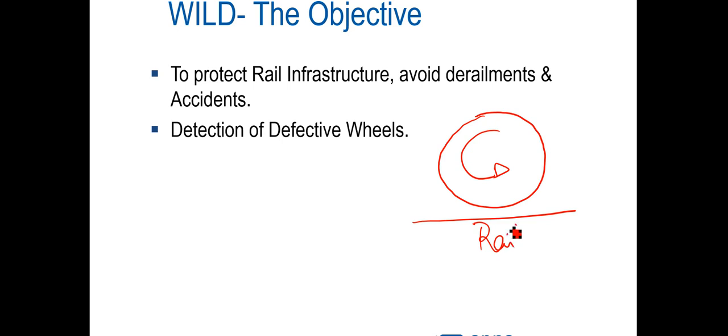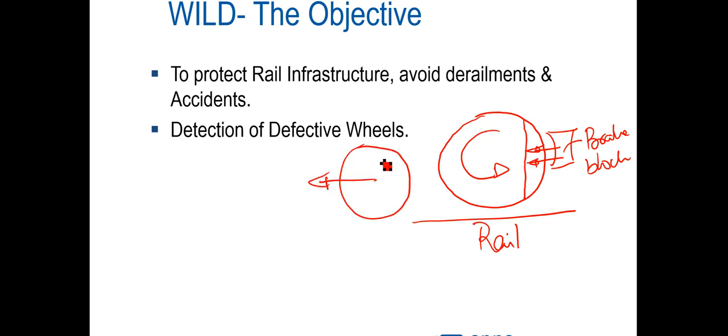Now when we apply brakes by using the brake block, there is a great deal of friction acting on this wheel. Over a period of time, if there is brake binding, what I mean is that the brake applies to the wheel and the wheel, instead of rotating, starts to slide. There is no rotation anymore. The wheel braking force is so hard that the rotation stops and it starts to slide.